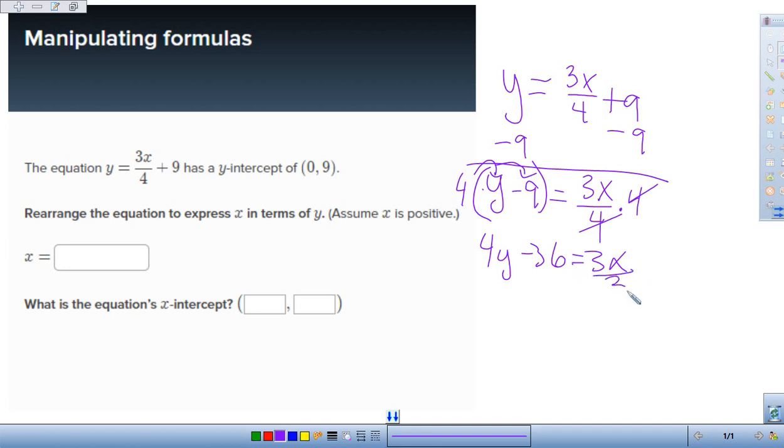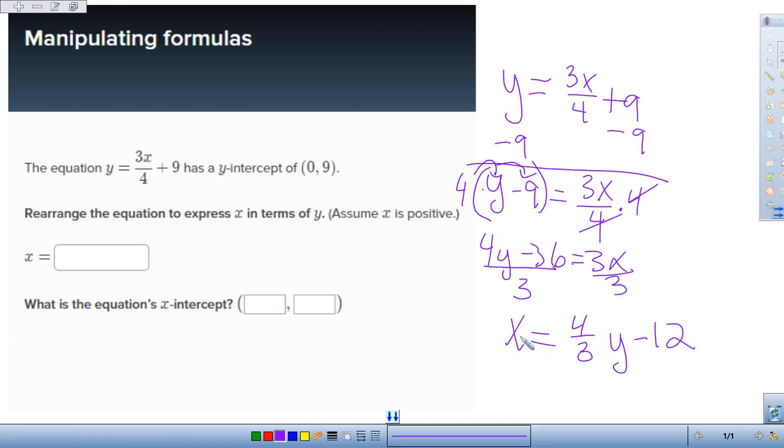And then I would divide this and this by 3, and I get x equals 4/3 y minus 36 divided by 3 is 12. Now you could use your GeoGebra or your TI-Nspire CAS calculator to